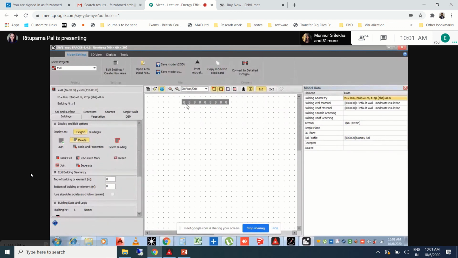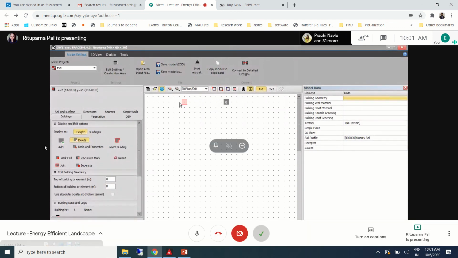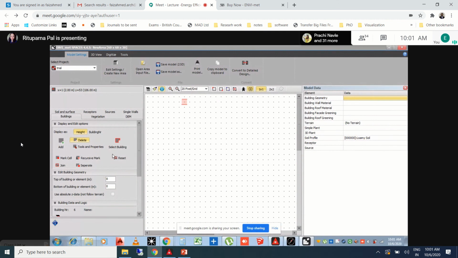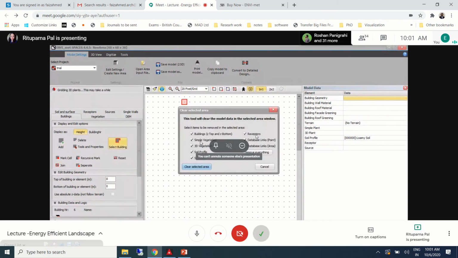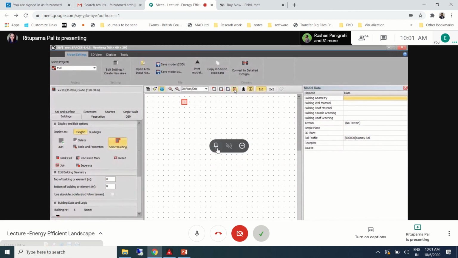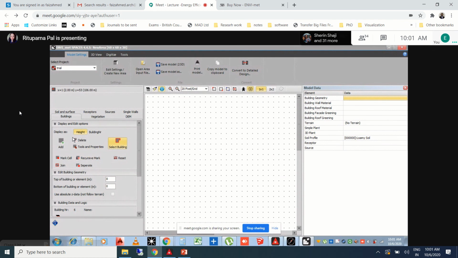Just to add to that, the delete option that you see in the buildings will delete only the building properties. Whereas the delete option that you see in the upper portion here, if you have already modeled and given some vegetation, plant characteristics, you have control over all this. That's the difference. Here it will take off only the building's property, because only the buildings have been selected. So for any buildings which you want to delete, only the buildings will be deleted. And in the other case, you have the option of deleting the vegetation or the soil profile.